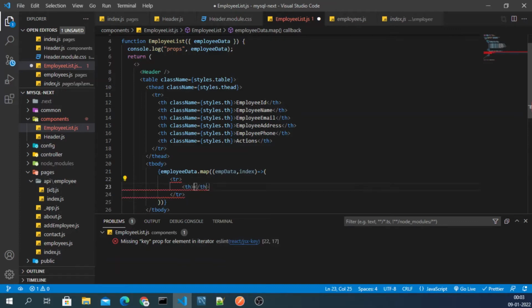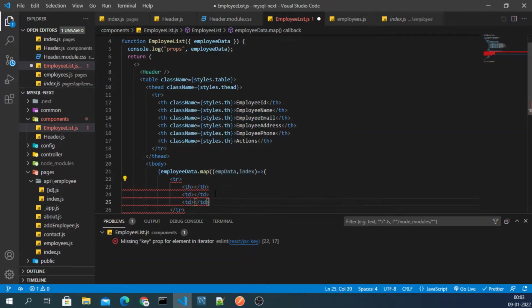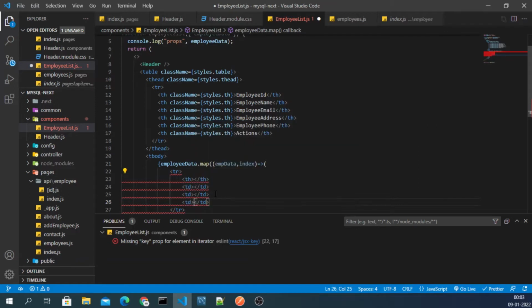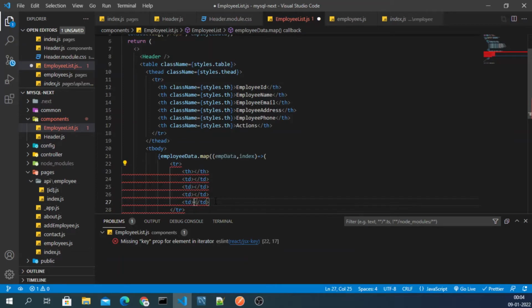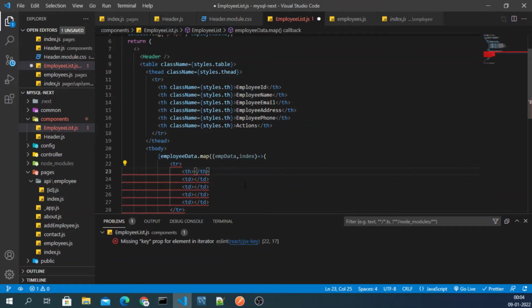Okay, here. Okay, and the second td, table data, that will be 1 2 3 4 5 6. So one more time I have to define td. Okay, so here I will have